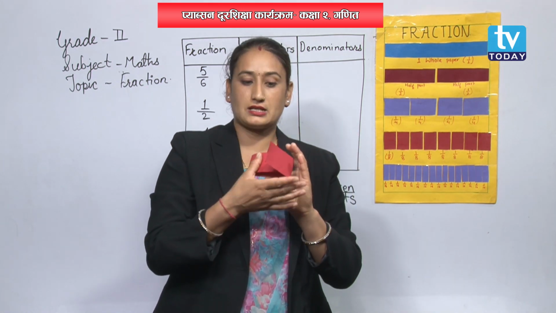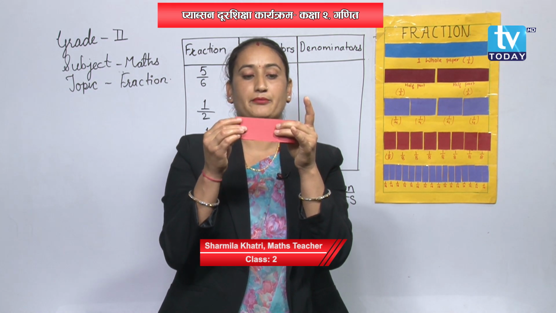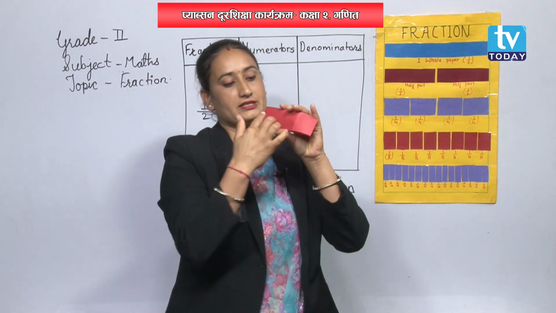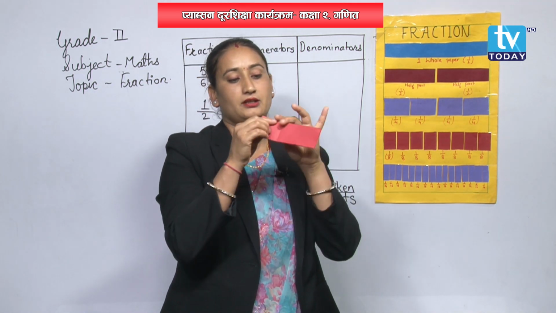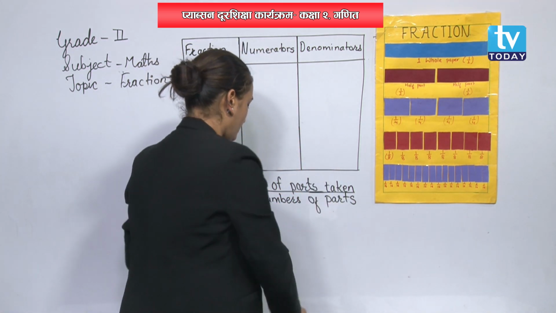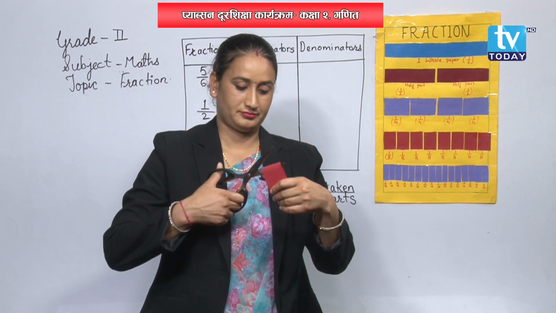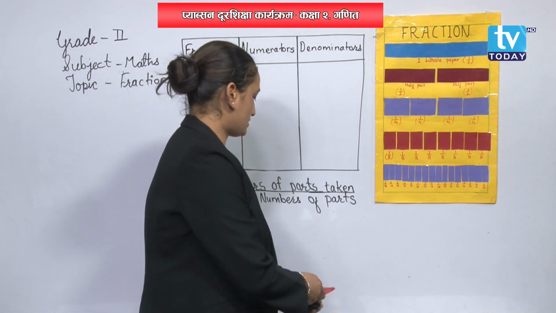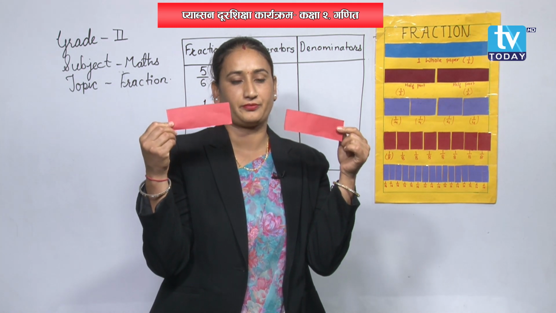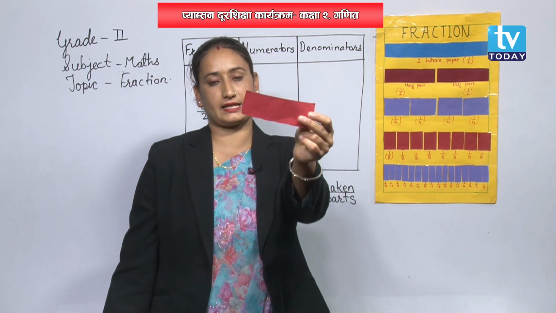Just like that, if you fold this paper in the middle into 2 parts, equally, this is one half and this is another part. Okay, I am going to tear this one. See here. Okay students, see here, I have cut this paper into 2 halves. This is the first half and this is the second half.